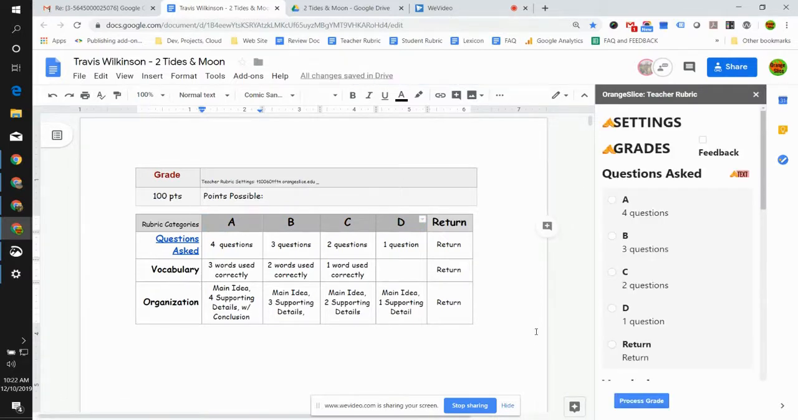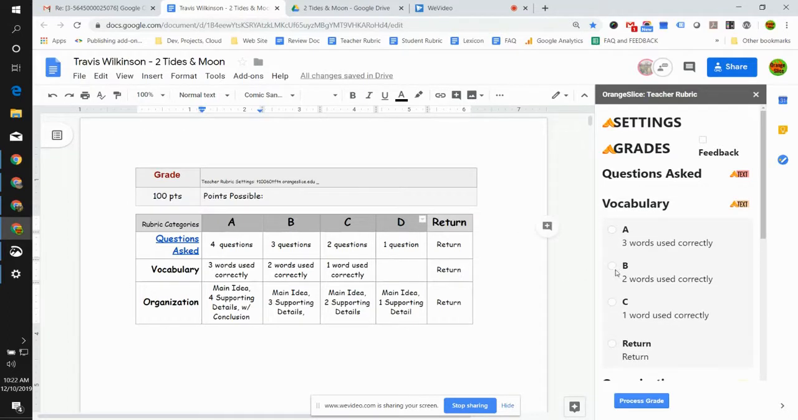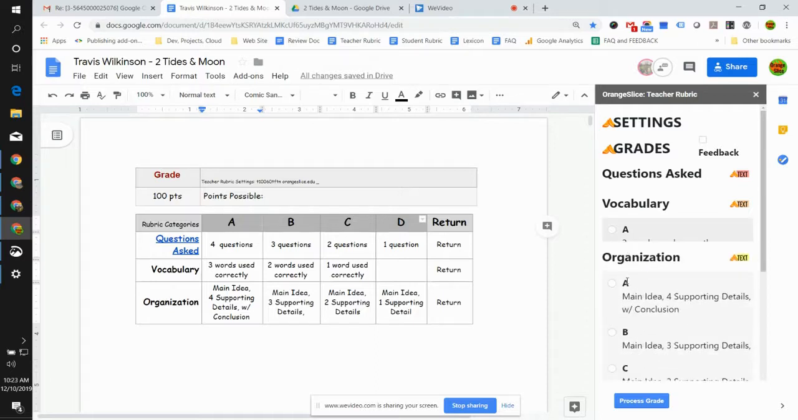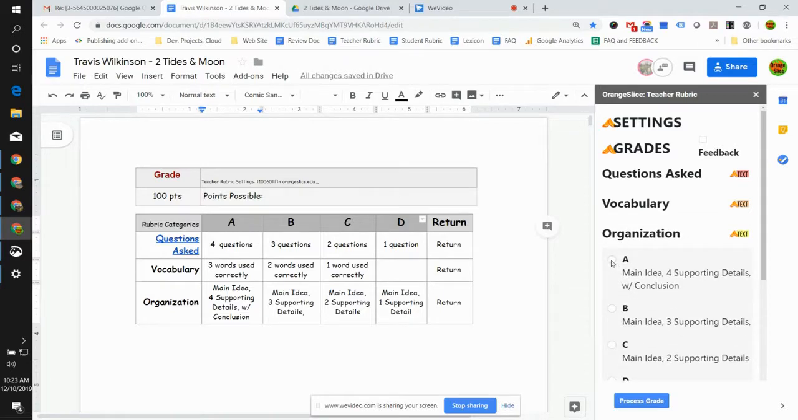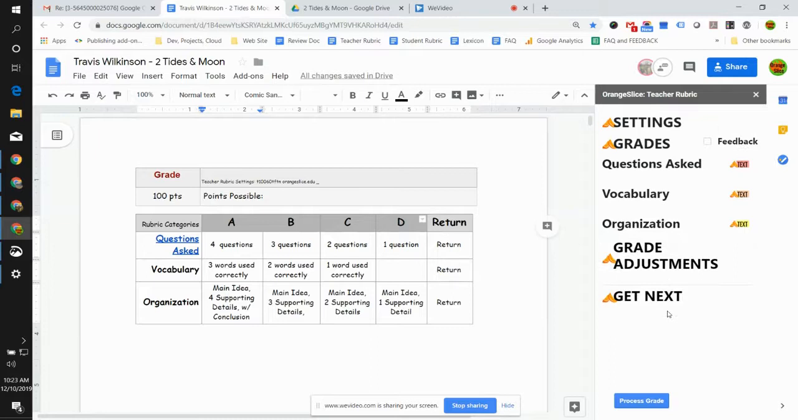The teacher rubric is read in each of these categories. The first one's questions asked. I'm going to say as an A. Vocabulary, I guess we'll just make that a B, and then organization, we'll also make that an A. Okay, so at this point, I'm going to process the grade, but before I do that,